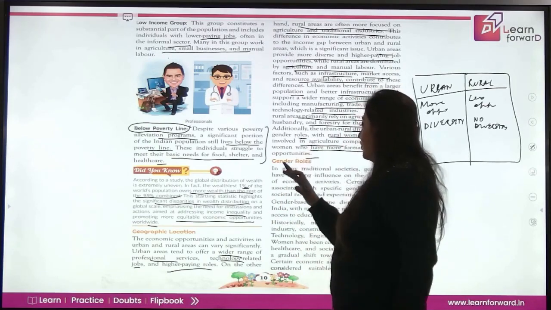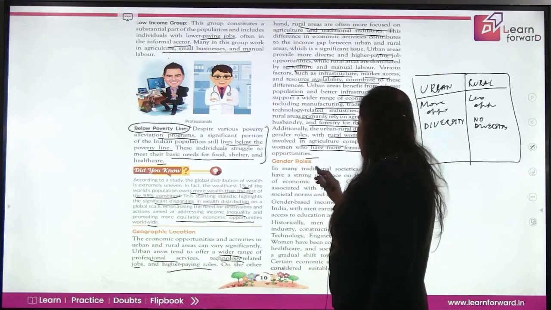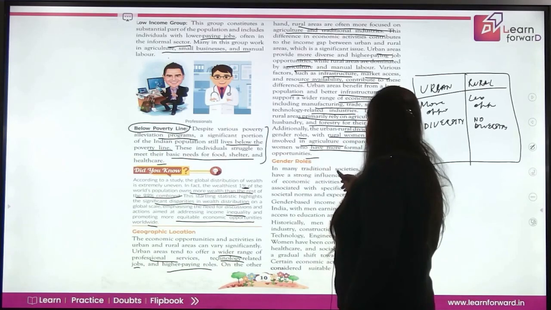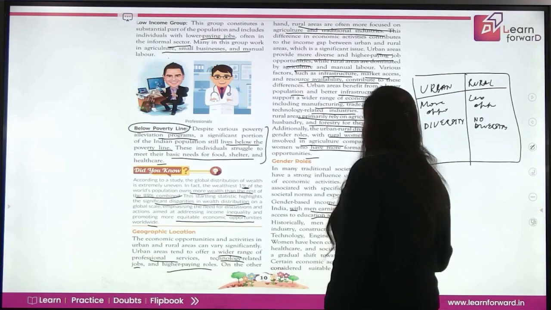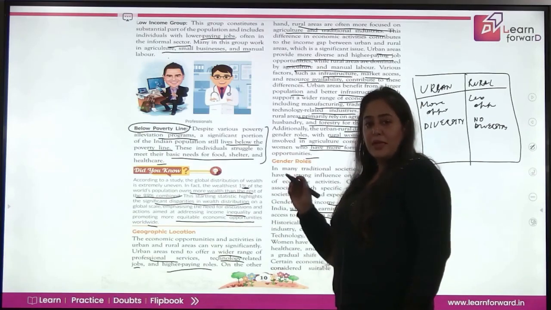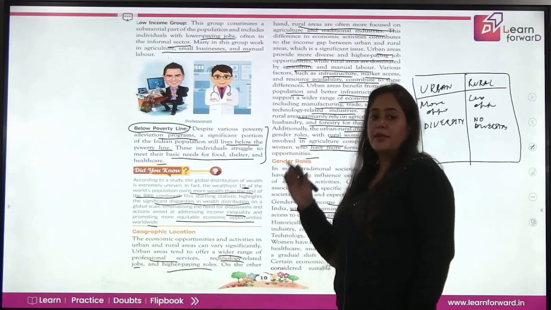So this is different. Now if we talk of gender roles, so traditional societies हैं, उसमें gender का बहुत major influence होता है distribution of economic activities में। कुछ जैसे gender based income disparities जो होती हैं वो इंडिया में बहुत ज़्यादा है, स्पेशली जो men हैं ना, they earn more due to unequal access of education and job opportunities। अगर हम बात करें कि equal opportunities हैं males और females को, अभी भी बहुत सारे ऐसे areas हैं वहाँ